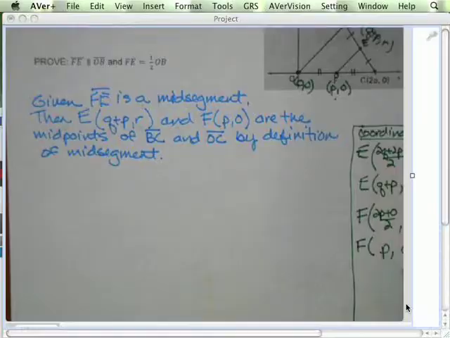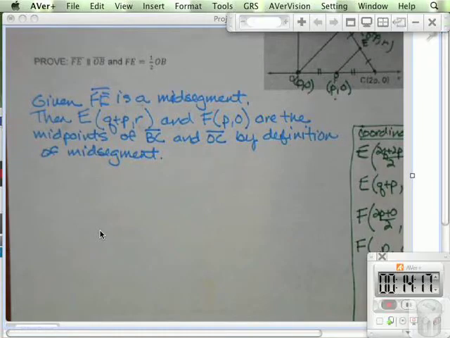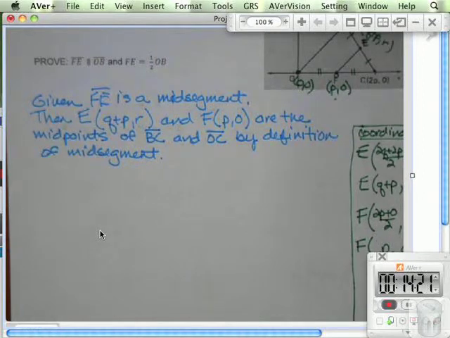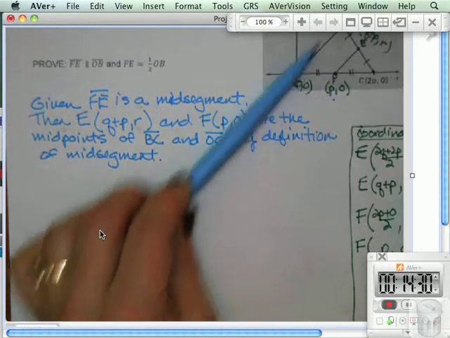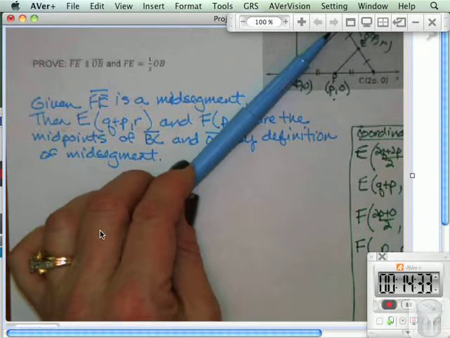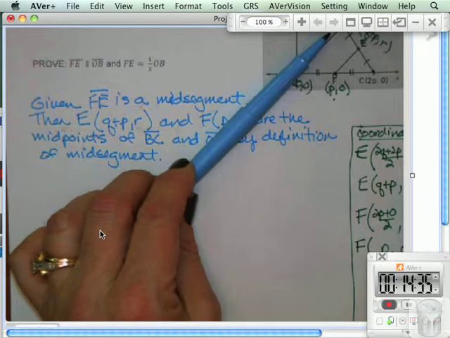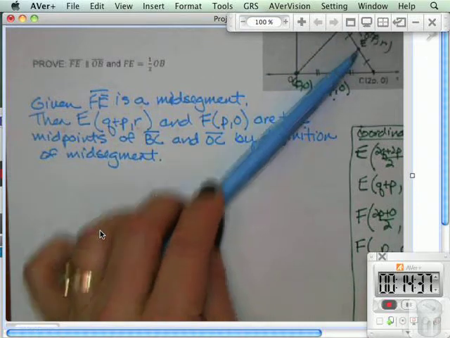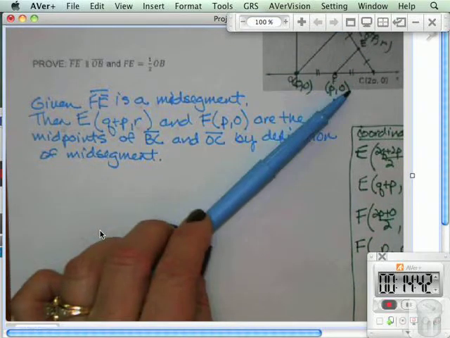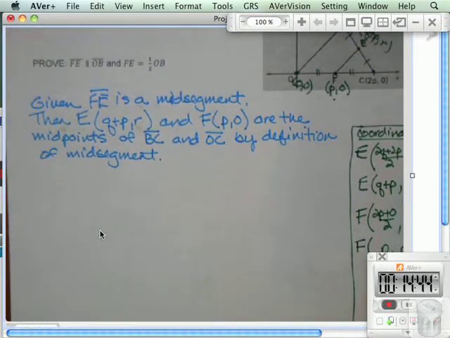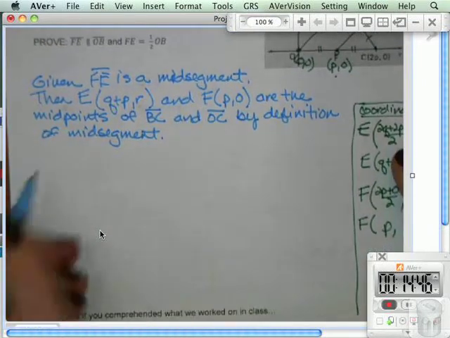See, now I think at this point we could just say, okay, because of that, if it's the mid-segment, we can say those lines are parallel. The book wanted us to more look at the slope. So that's what we're going to do this time. But if we've been given that this is the mid-segment of this triangle, then we could say they're parallel based on the mid-segment theorem, right? That's my idea. But what they want us to do is prove that these slopes are the same and then say that they're parallel. So I'm going to show you how to do that as well, because you'll need that eventually. So I'm going to say the slope